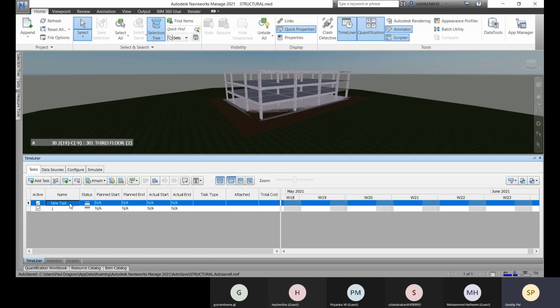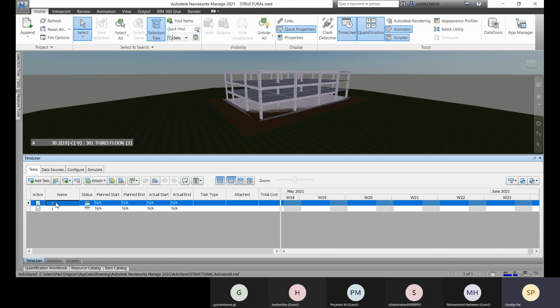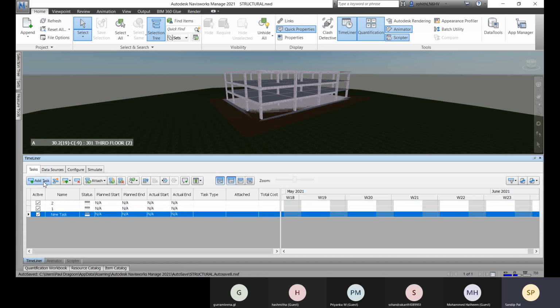some task here. If you go for 2, and if you select this, and above it if you click, so when it is selected like this, and when you click at this, always if you click this add task, it will add the task at the bottom. Okay, always.